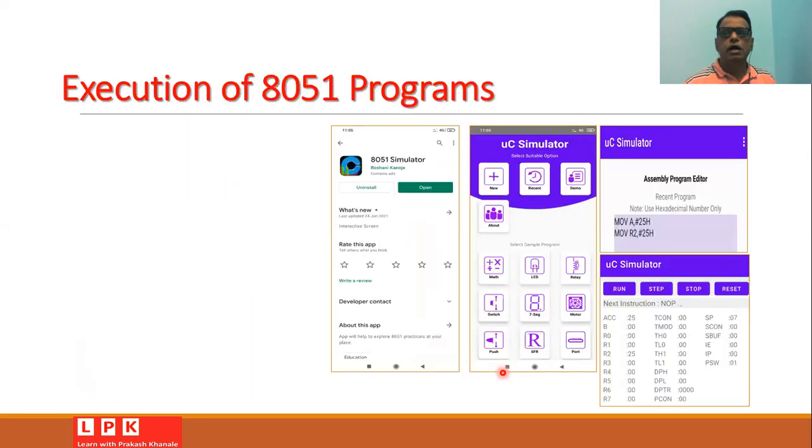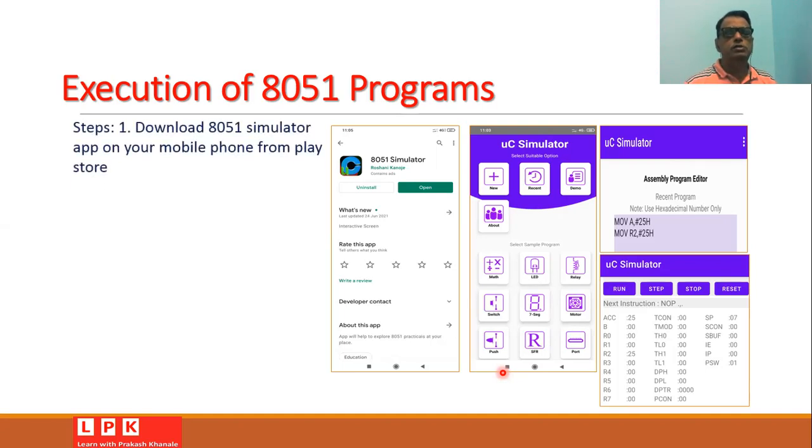Now let us understand, if you write some instructions, how can you check whether the instructions are executed properly or not? If you want to check the execution of the 8051 instructions, then you must have suitable software with you.